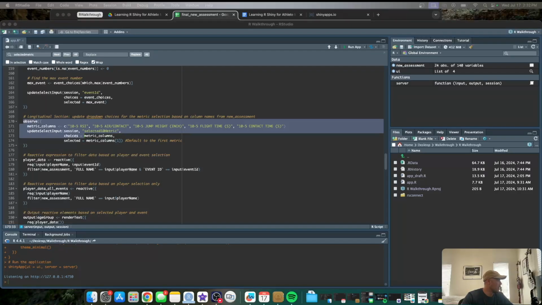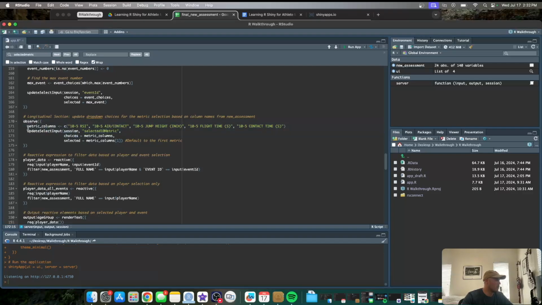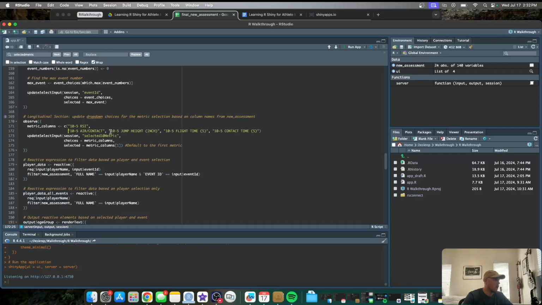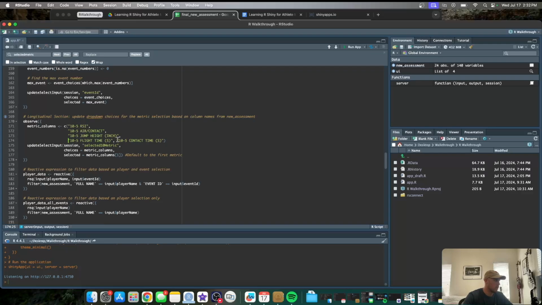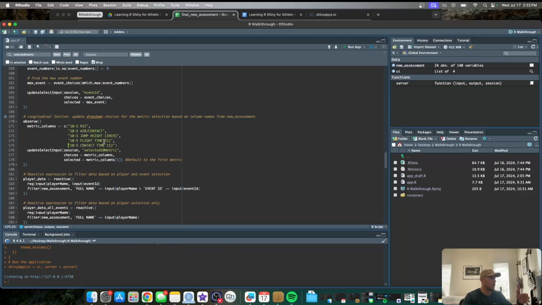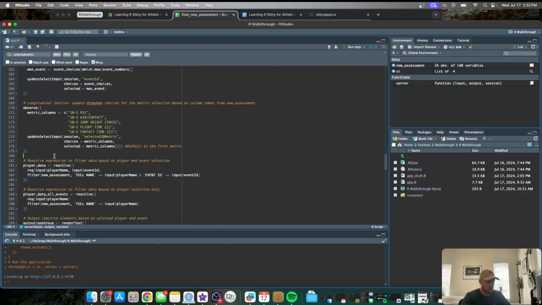So let me go ahead, find exactly what I did here. We can keep this one, metric columns. I won't change that, I just don't feel like changing that one. What I'm also gonna do, just for a little consistency, I'm gonna move these down just so we can really see how many metrics we have in each one. I just think that looks a little bit nicer. But anyway, we're just going to copy this and keep writing it out for each one. So I'll give us a little space